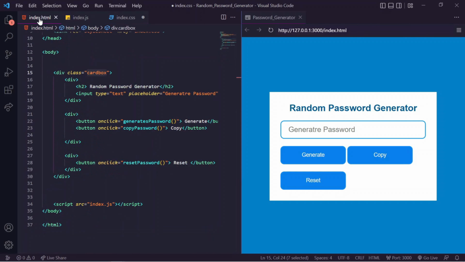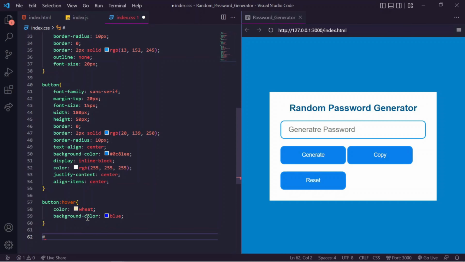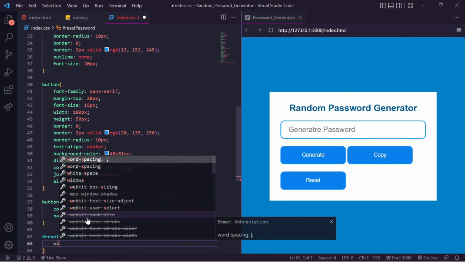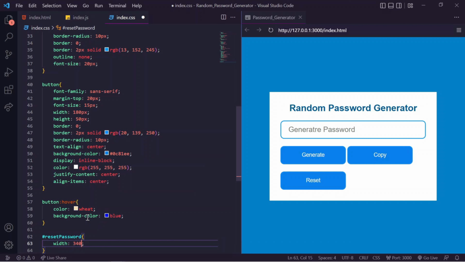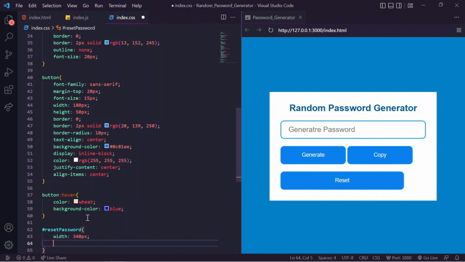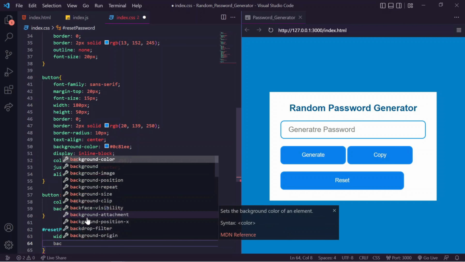Next, I have to define the ID for the reset button. So ID will be reset password. So here I'm going to declare width of this button will be 340 px and the background color will be